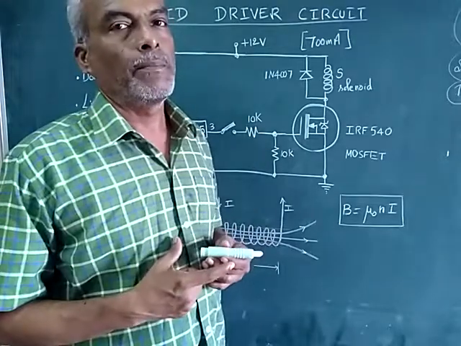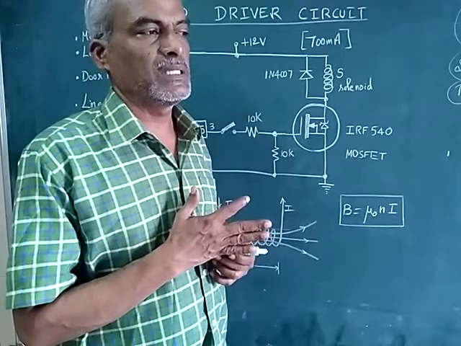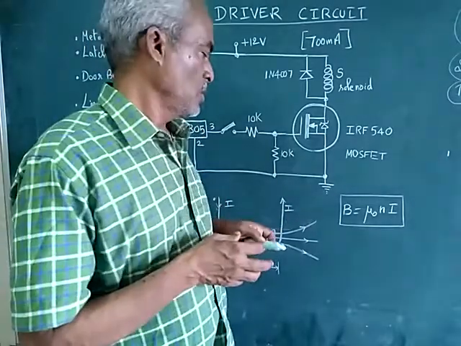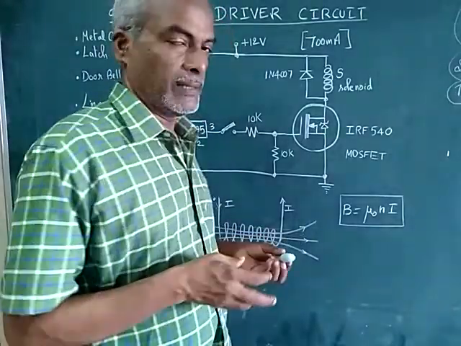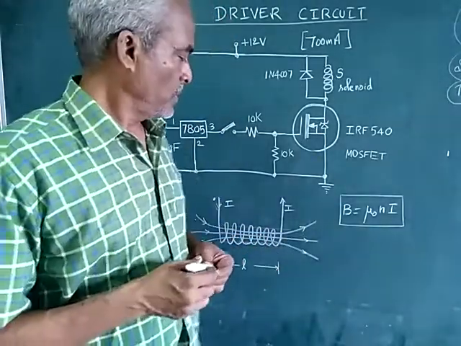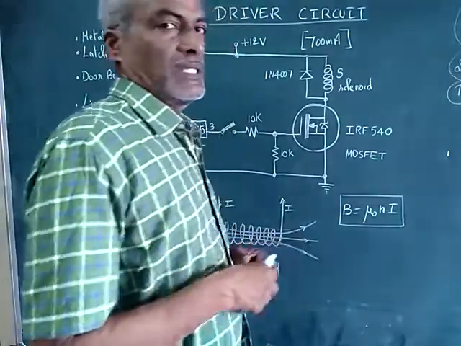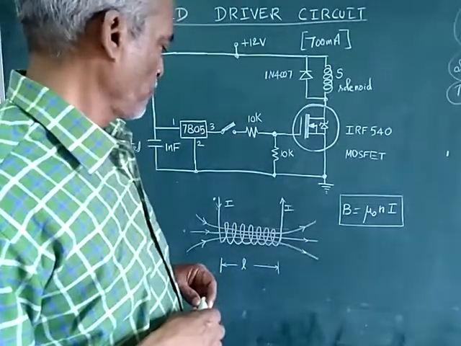Now suppose inside the circular coil, if you place a metallic core, that can be viewed as a magnet. So based on that magnetic principle, like poles repel and unlike poles attract, you can make this metal move this side or this side. Okay, so we have to drive this circuit, and we will see some of the applications. So this is a driver circuit basically.